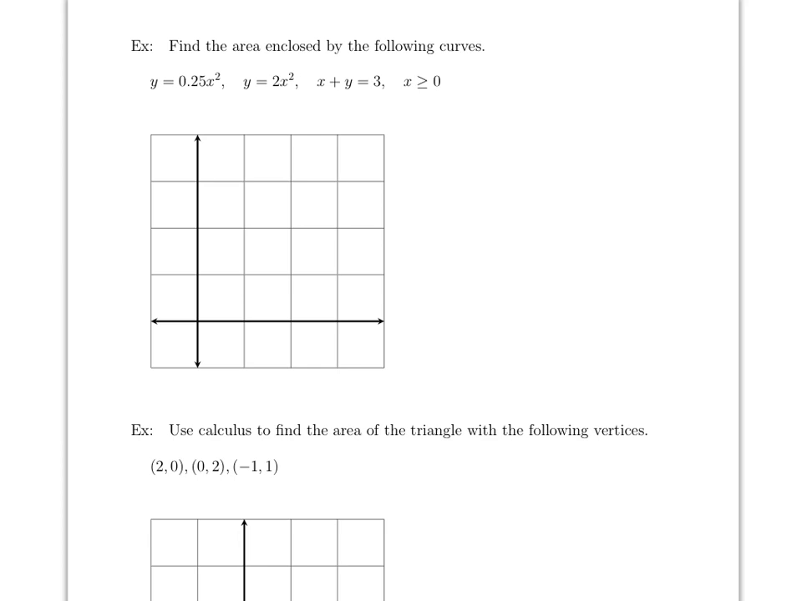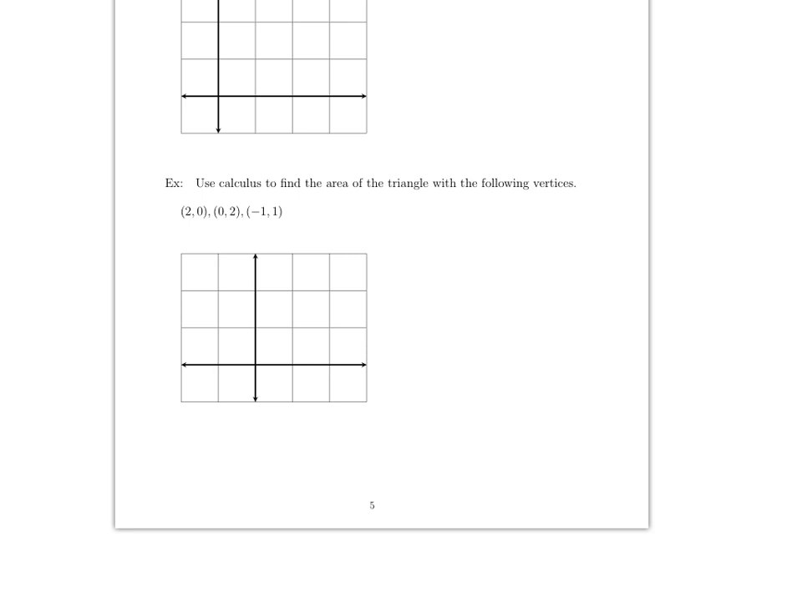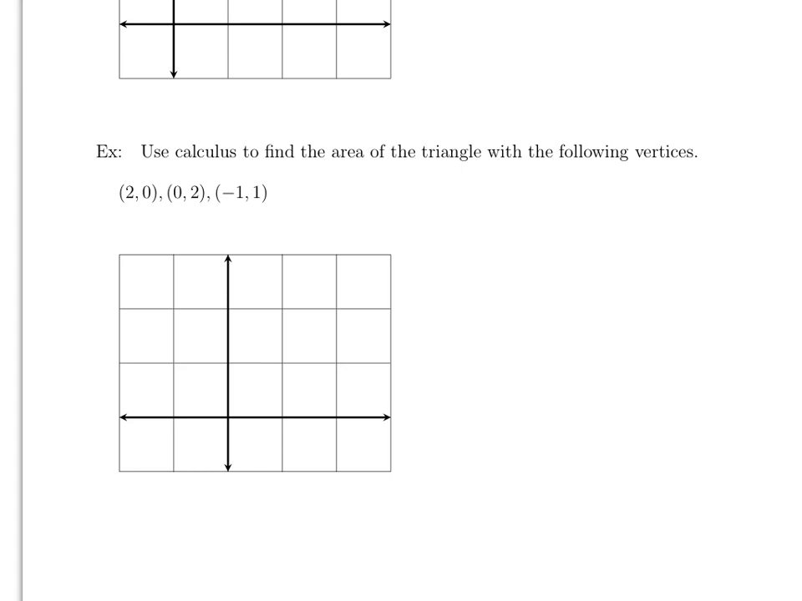So now let me do an example that is different, something that you may not have seen before. So here it is. Here they give you three vertices: 2, 0, which is right here. That's the first one. The other one is 0, 2, which is here, and then minus 1, 1. It's not there. Minus 1 and 1, so it's right here. And they want you to find the area of this triangle using